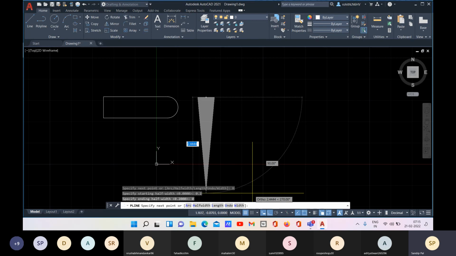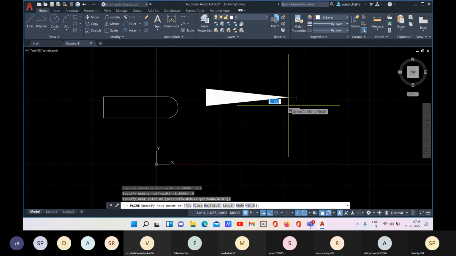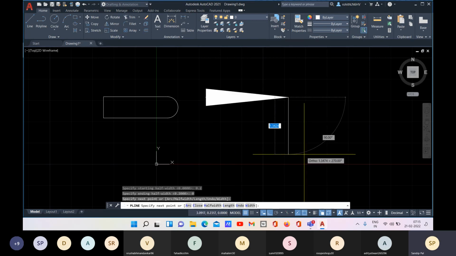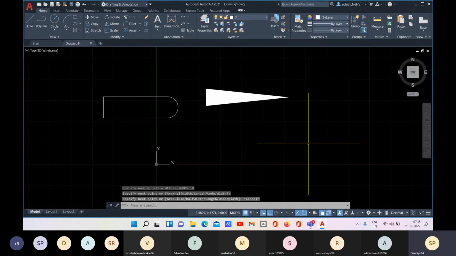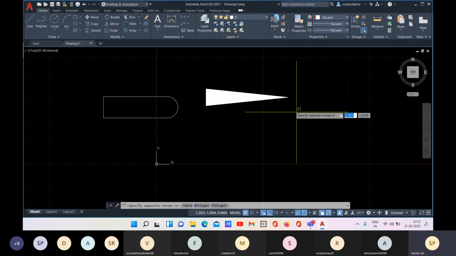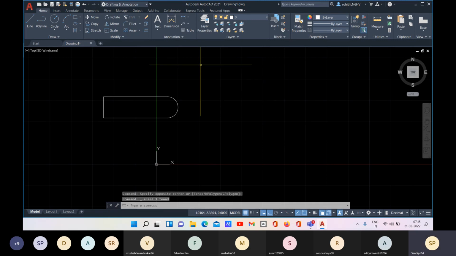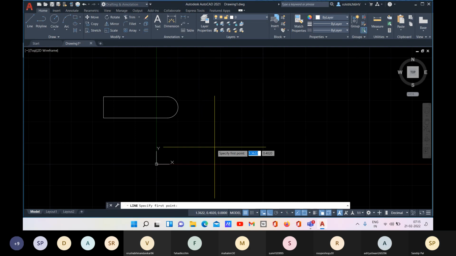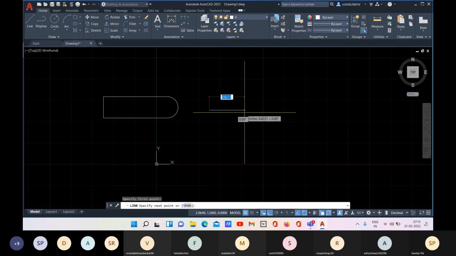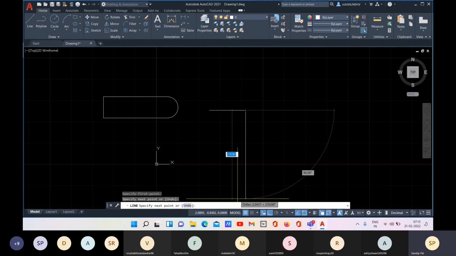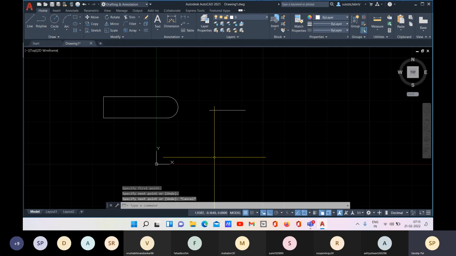You will create an arrow. If you want to create an arrow, and that will be a single object, you can do it with polyline. I hope many of you already know. Sorry, PL is the command for polyline.